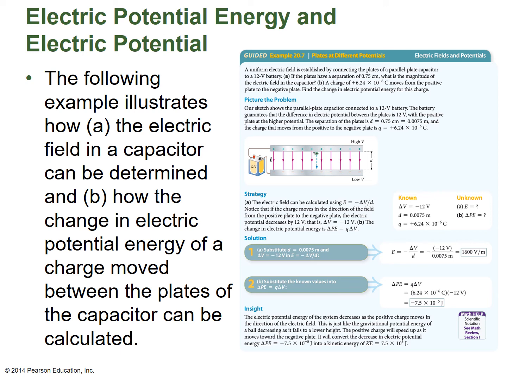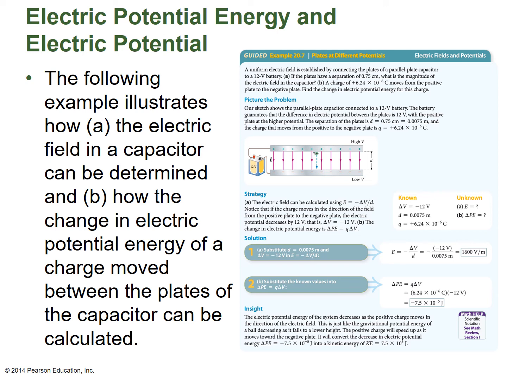Now, as you know, delta V is minus 12, which is given to you. The separation is 0.75 centimeter, and you need to convert it into meters. The charge given is plus 6.24 times 10 to minus 6 coulomb. These are the known parameters, and the unknown parameters are the electric field and the change in the potential energy of this charge. So E is minus delta V over d, which is minus 12